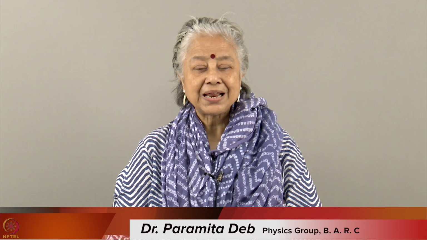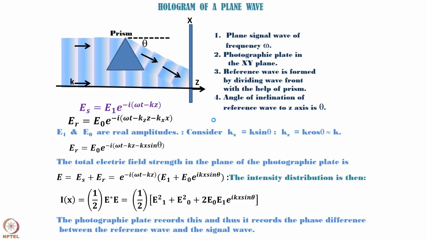Okay, so continuing with the formation of a hologram of a plane wave. I have a plane signal wave of frequency omega. Then I have a photographic plate in the xy plane. This is the xy plane. So I start off with a two-dimensional thing, and the wave is traveling along in the z direction, and